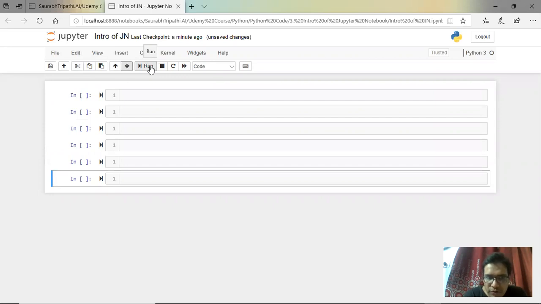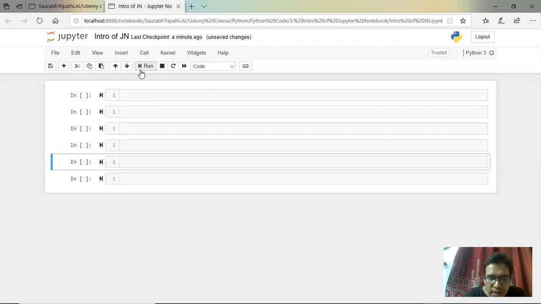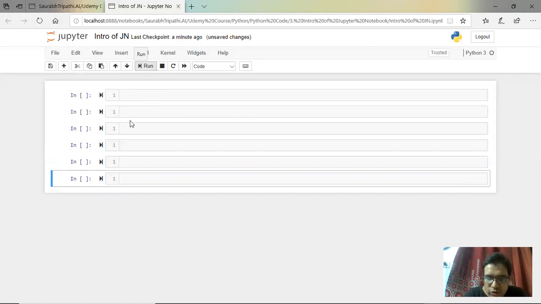This is to run a cell. If you have anything in the cell and you want to execute the code, you simply click on run. You select whatever cell you want to run, and you run this, and it will run it. Nothing is there right now, so there will be no output. Okay. This is to stop it. This is to refresh the whole Jupyter notebook, and this is to select between code and markdown. So to do this, simply you use code and markdown.